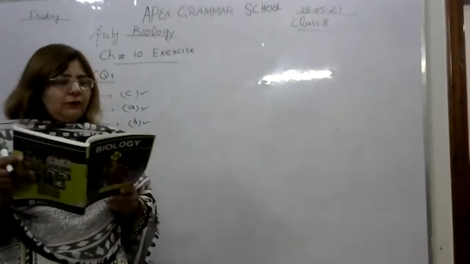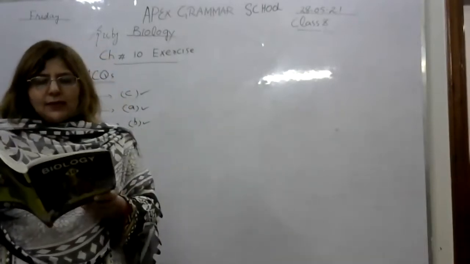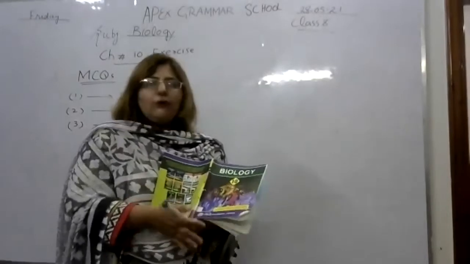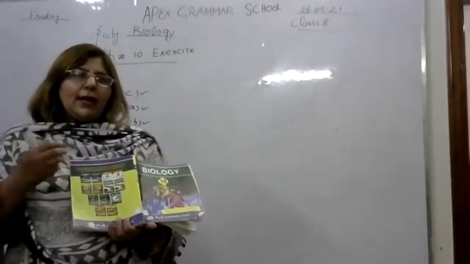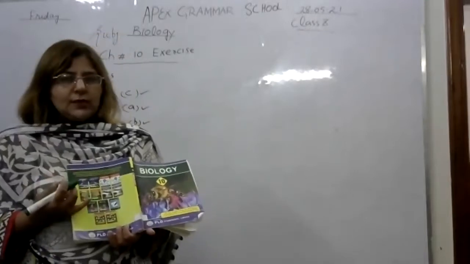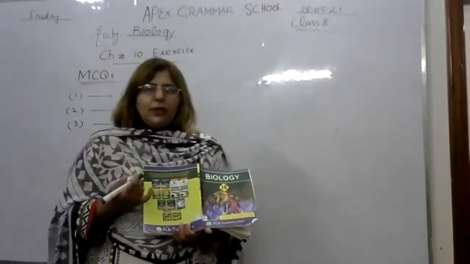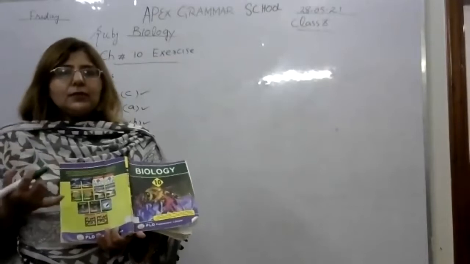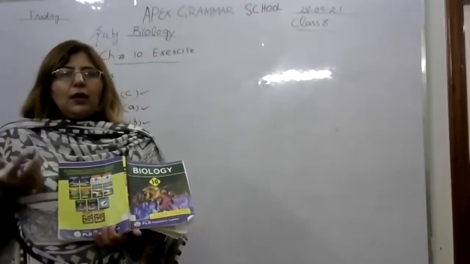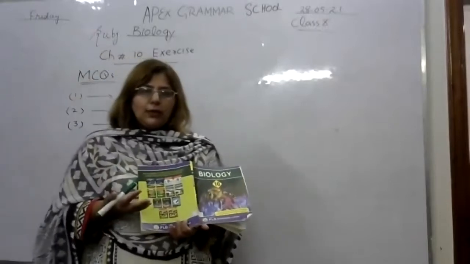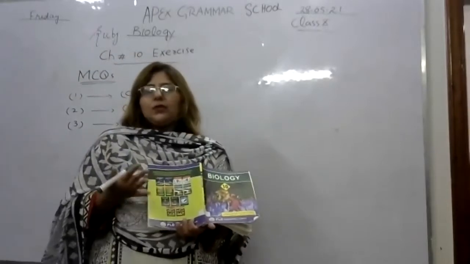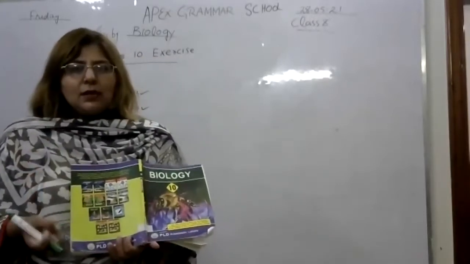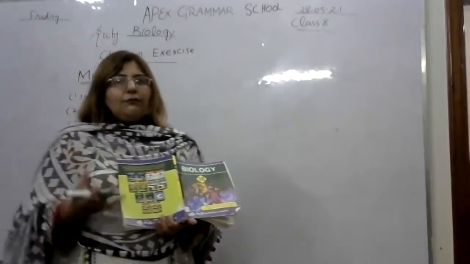Now come to question number 4. Where does the gaseous exchange occur in humans? So if you keep in your mind the respiratory tract of humans, we have discussed that air enters into the human body through nostrils, then enters into the nasal cavity. After the nasal cavity, it comes into the glottis, epiglottis, pharynx, larynx, and then your trachea. And this trachea, when it enters into your lung, further divides into small tubes which are called bronchioles. And at the end of every bronchiole, there are air sacs, present in the form of clusters.